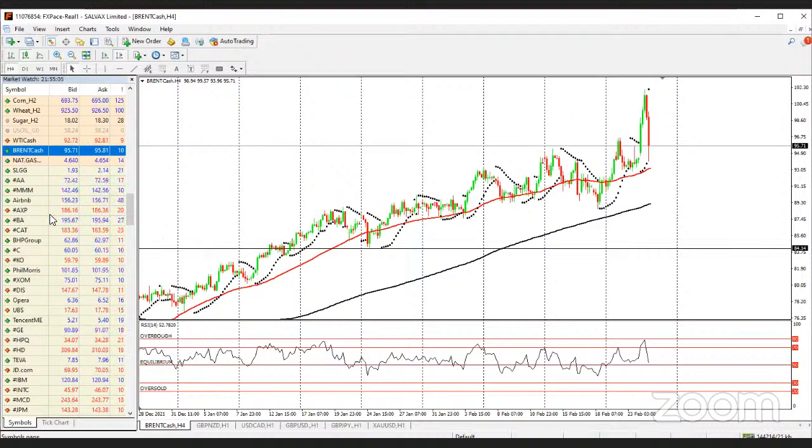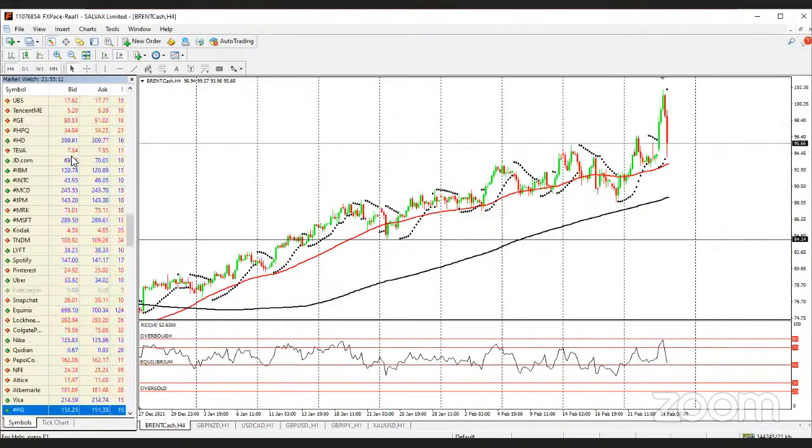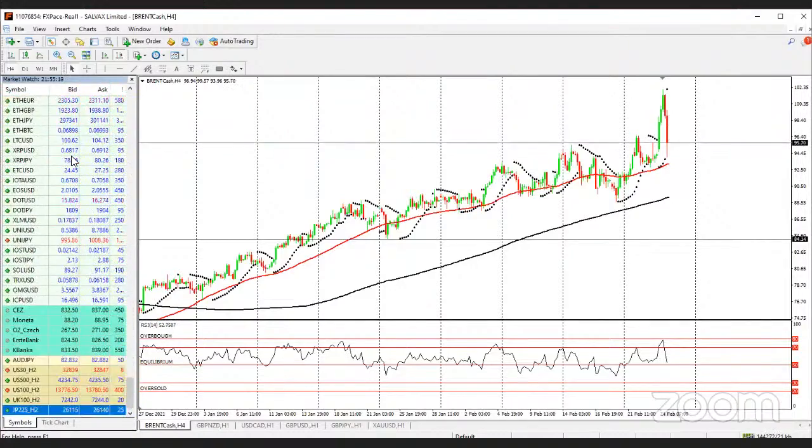We have companies. Then if you scroll down, you see Bitcoins. I mean, you see digital coins, digital assets that can also be traded. Now these are things. That's why I said there are over 300 things you can trade. You can't trade everything, but they are analyzed in the same way. If you understand how to trade one, you have understood how to trade every other thing. So all you need to understand is the basis of analyzing the market, knowing where to buy and where to sell. There are other things like news.